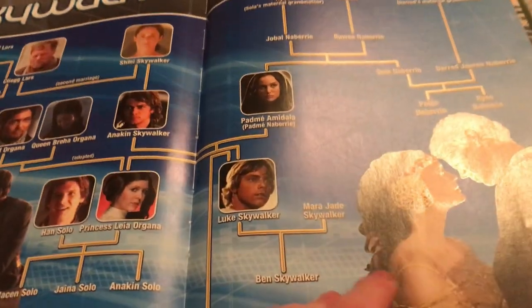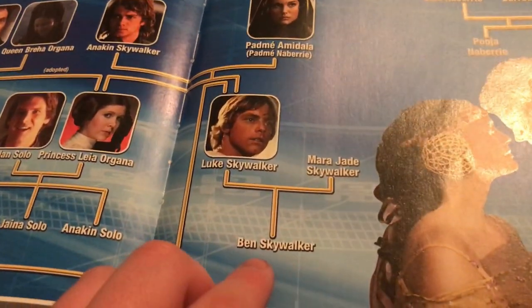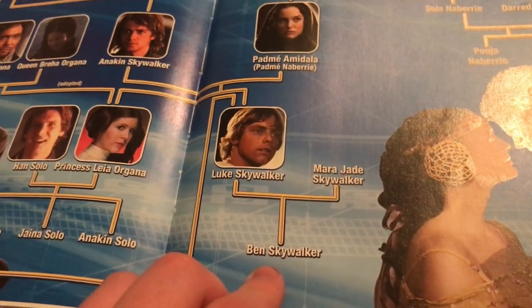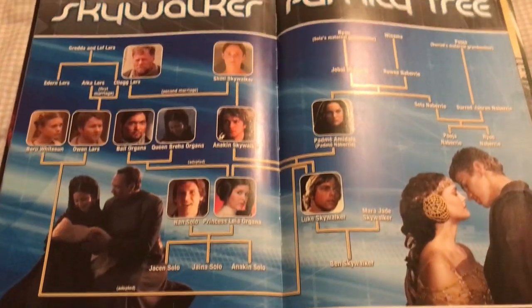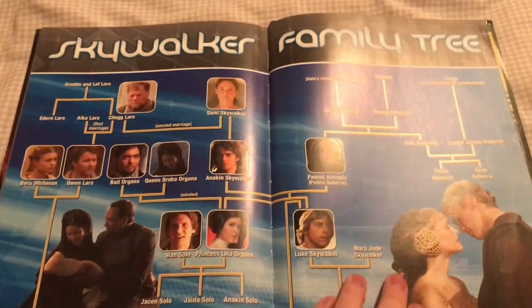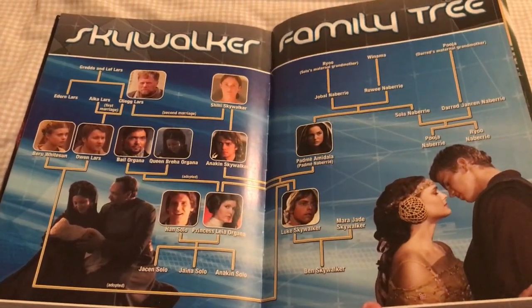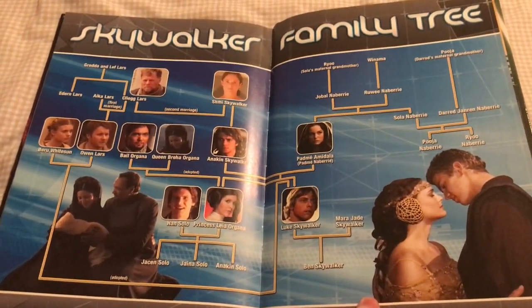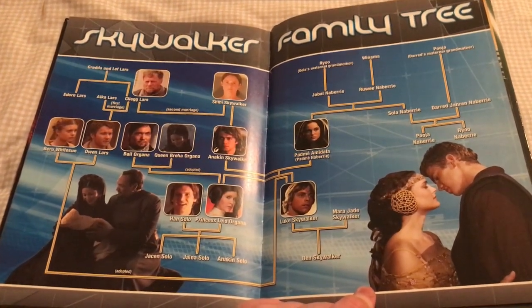And then over here, Mara Jade is listed as Luke's wife, and then their son Ben Skywalker is listed as well. How cool is that? I'll get a shot from up here so people can screenshot this if you want to have this, because this is a really nice Skywalker family tree, and I've seen lots of Skywalker family trees on the internet, but this is an official,